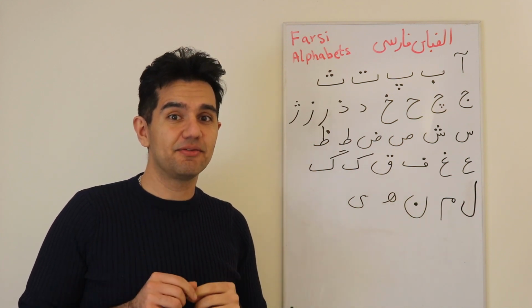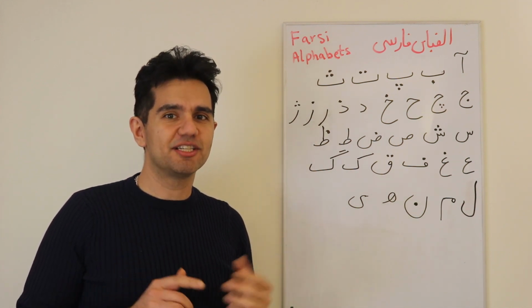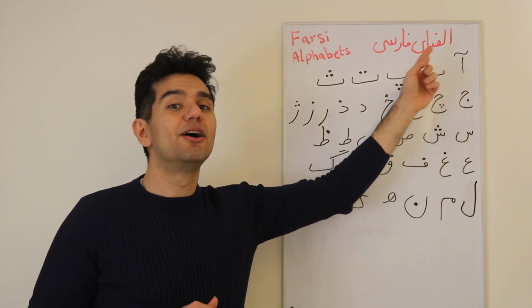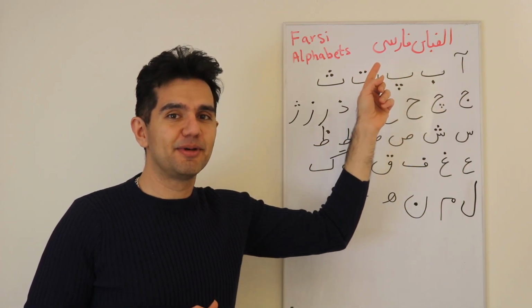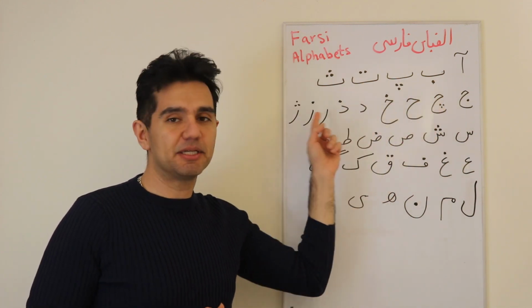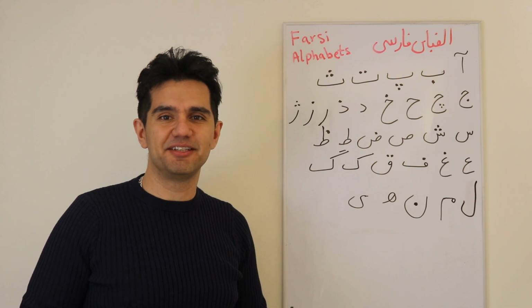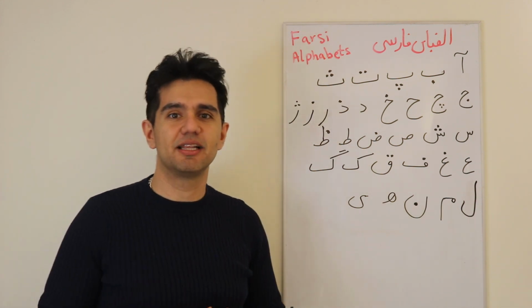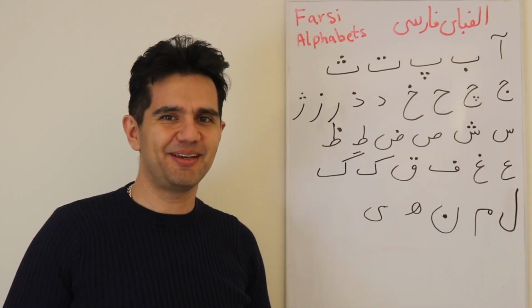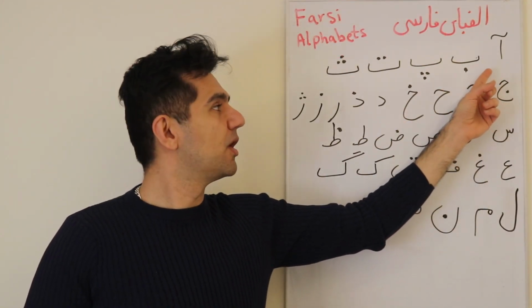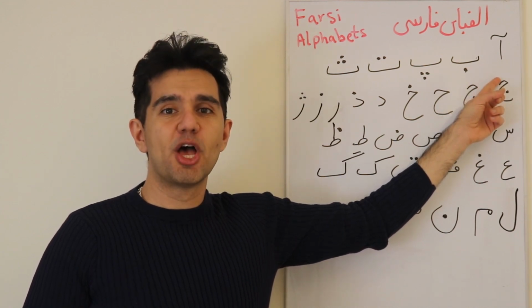The very first difference between Farsi and English is that in Farsi we write from right to left. In English, from left to right. And the alphabets or letters are very different. Let's check the pronunciation of each of these letters. Are you ready? Listen and repeat. A, A,